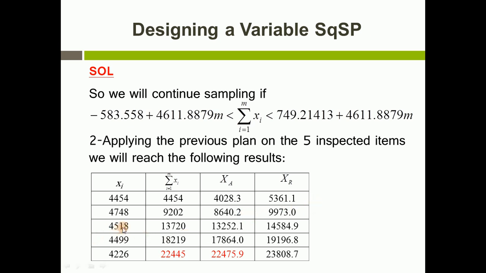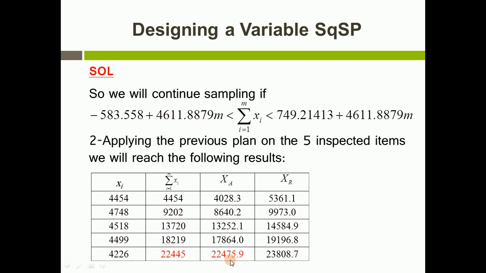So I shall continue sampling to a third unit, 4,518, its measurement. Then I shall calculate its summation xi, which would be the sum of these three items as a whole. This is the value of summation xi. Recalculate xa and xr by substituting m equal to 3, and I still find that it is in between. Then in the fourth item, still summation xi, the sum of the four items, and I'm still in between the xa and xr. Then the last one, the fifth one, the summation xi would be the sum of the five items, so we reach 20,